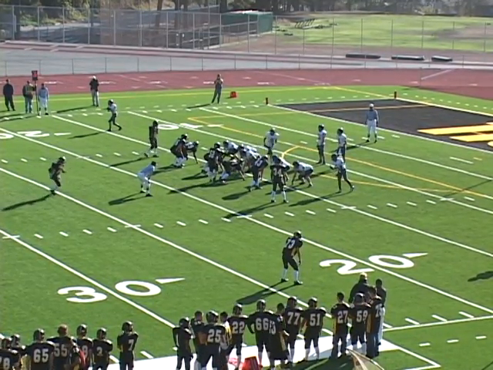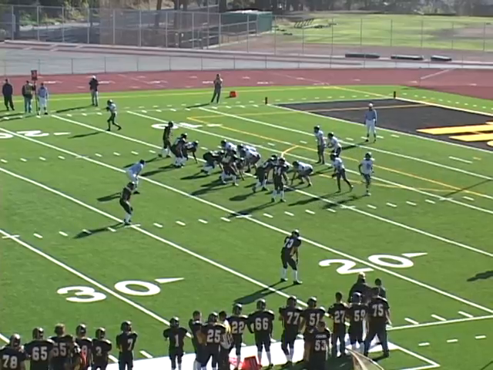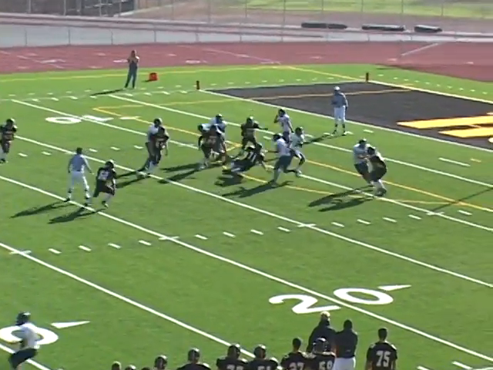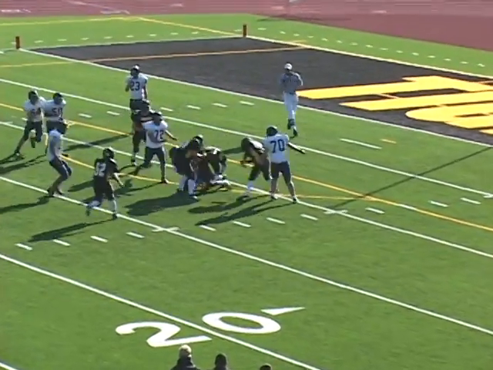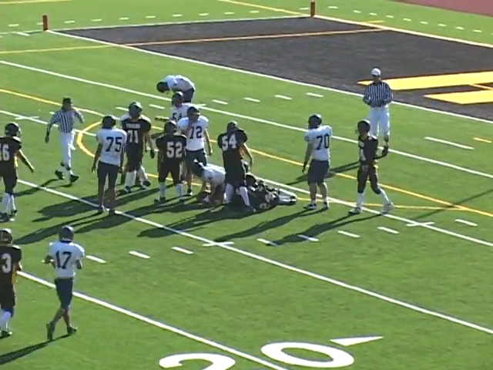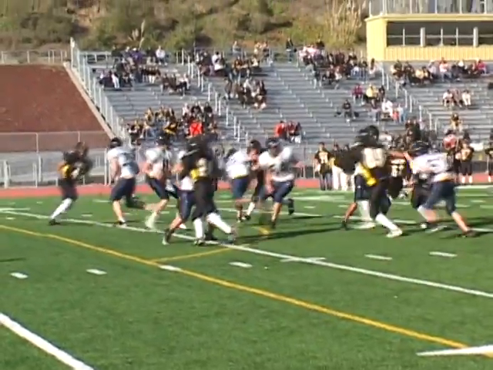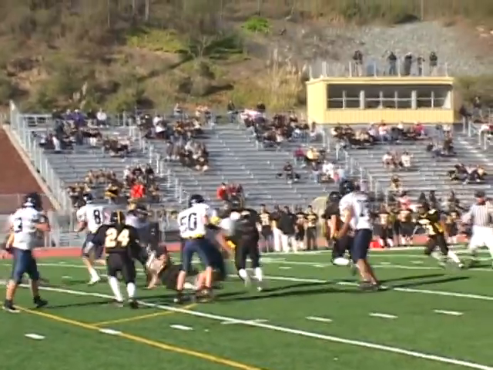So Menlo is going to have to figure out a way to get by that first wave or block most of them, or it could be difficult here. Wickers to pass. Now he brings it down, feeling the heat, and he's going down. So Terra Nova again bringing the pressure. Joshua Cruz eventually took him out, but Menlo is going to go 3 and out here on their 3rd possession